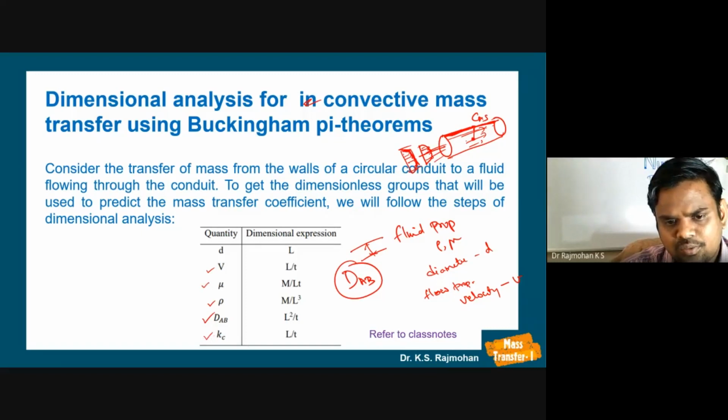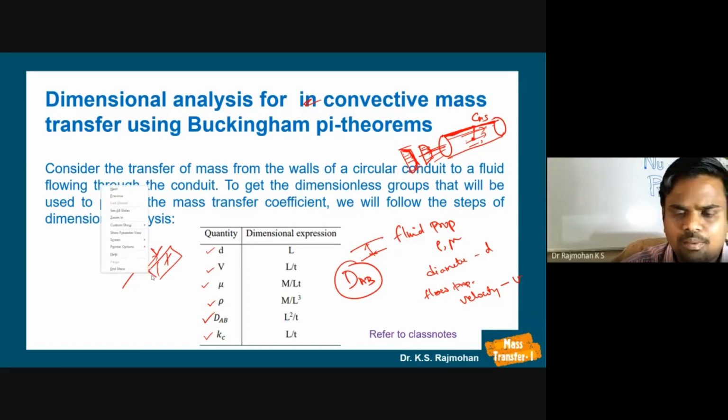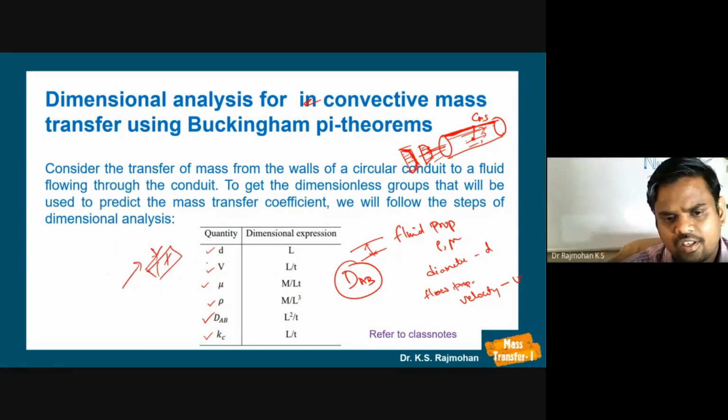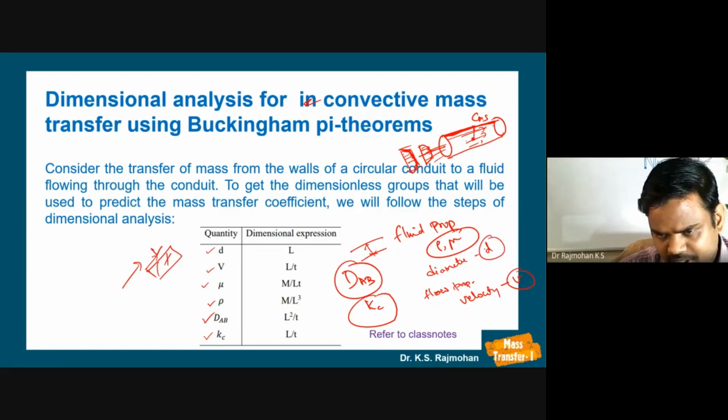Inverse of resistance is the mass transfer coefficient, which is Kc. And mu and rho are the fluid properties, and d is the dimension, meaning any characteristic length. If it is flow past a flat solid, we are going to use L as the characteristic length, which is the distance from the leading edge of the flat plate. So we are considering 6 parameters, out of which Kc and DAB are mass transfer parameters, rho and mu are fluid properties, average velocity is V, and diameter is based on the geometry of the system, this diameter or any characteristic length L.